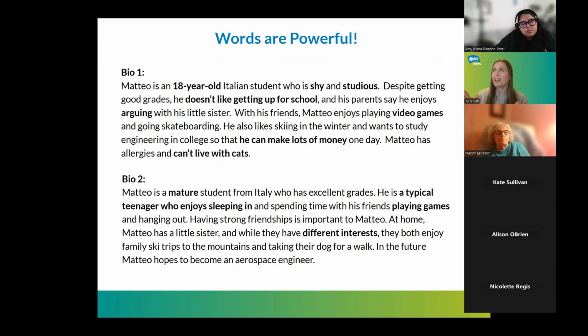Again, words are powerful. I know there are a lot of really great, talented writers on the call. I wanted to say here that if you are using an AI tool, we trust all of you. If you are using an AI tool, definitely reread everything that it is writing for you. If you're entering prompts from the student's application, make sure there is no identifying information, nothing that could potentially hurt AFS if that data was received.